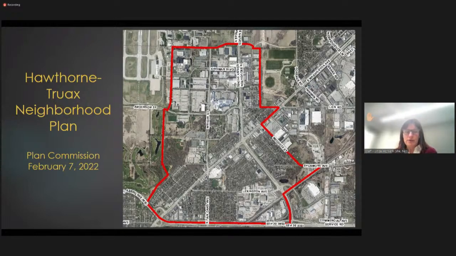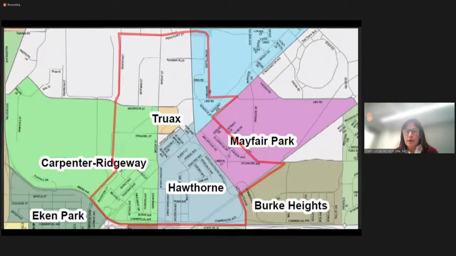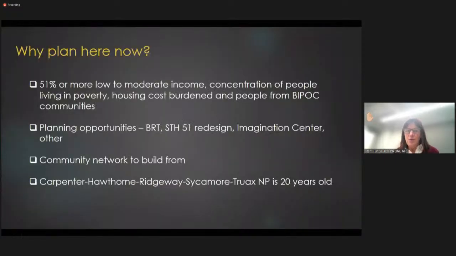I should have also mentioned I'm co-leading this planning process with Dan McCullough, who many of you know as well, and other team members on the team include Brianna Collins and Mary Rose Eckberg. She's a new staff member who's helping out in the arts and in planning. So this area also includes the Truax neighborhood, the Hawthorne neighborhood, and the residential areas of the Mayfair Park and Carpenter Ridgeway neighborhoods. We're planning here now for a number of different reasons, and one is that the area includes